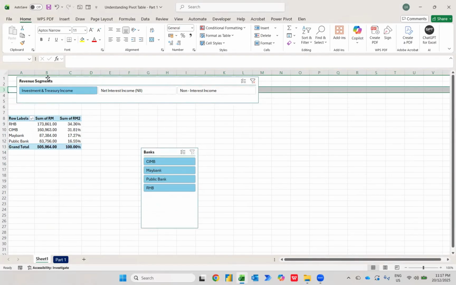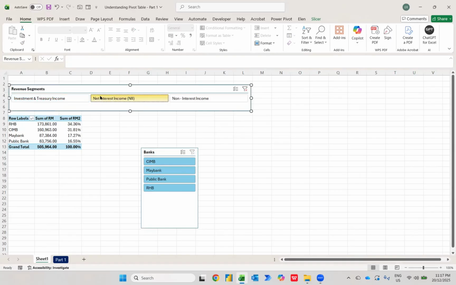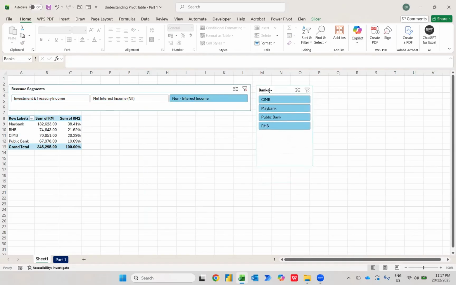Okay, so now this is the revenue segment, this is the slicer. When I click this, you can understand. You can do the same for the banks also. How I do it,